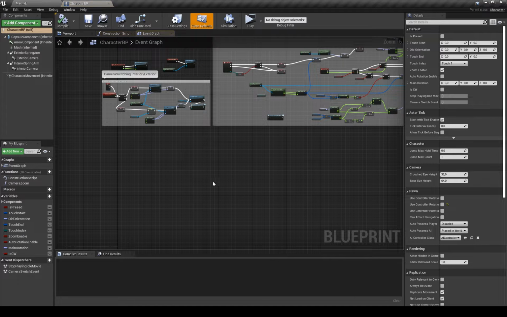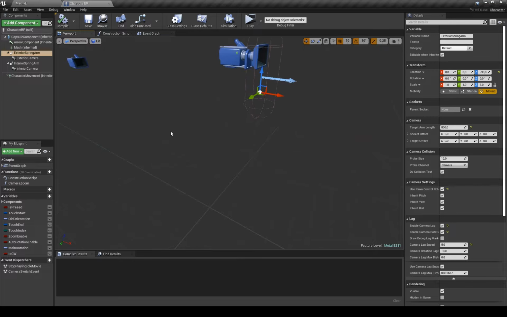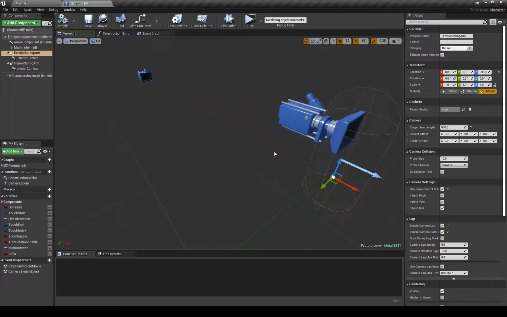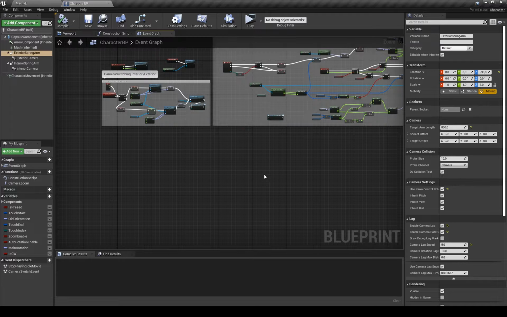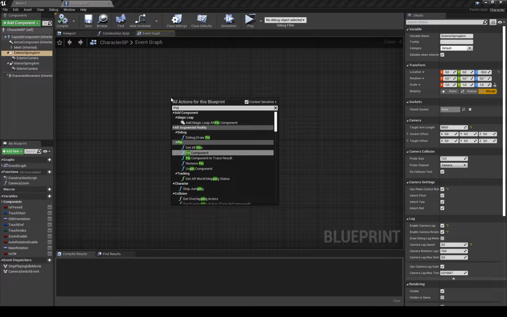To zoom in, I will manipulate the spring arm component inside my character BP. I mean changing the target arm length parameter. Let's go to the event graph tab. Add our created pinch zoom,